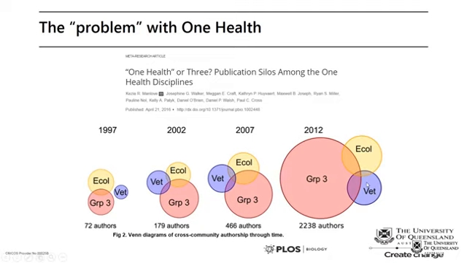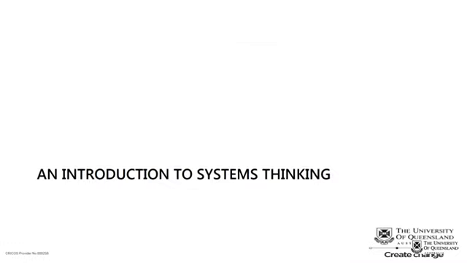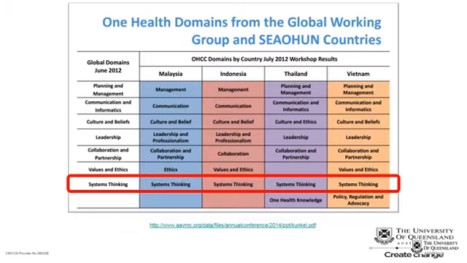and some of these are institutional in that it's very difficult to publish outside your field, so we have some issues there. But I think there's also a matter of where we set our boundaries around what our areas of interest are. So one of the tools that I find most useful when I'm presenting a One Health approach is systems thinking. And systems thinking isn't a new concept, it's relatively well established in business.